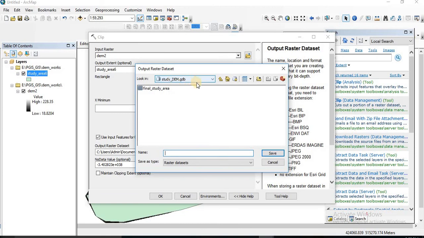I already created a geodatabase and I give a name to my final output result.